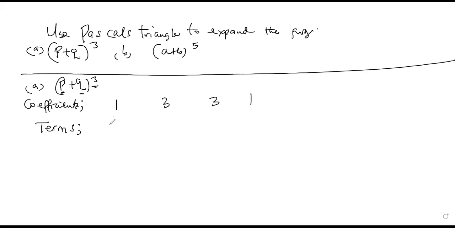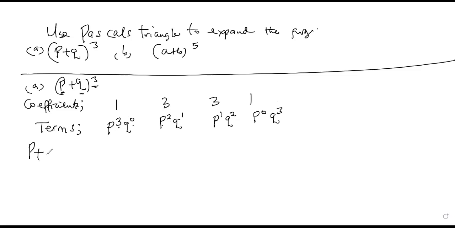So it will be p cubed, highest power. Then q will start with a power 0. Then now we shall have p squared. This one will reduce and this one will increase, q to the power 1. Then now p will be to the power 1 when q is to the power 2. Then now p will be to the power 0 when q is to the power 3, implying that